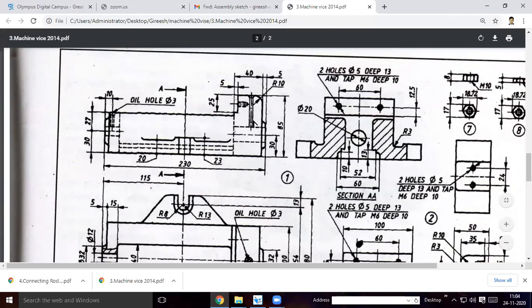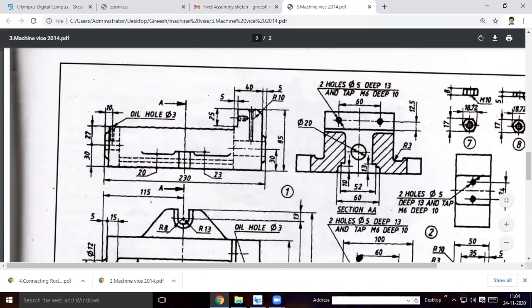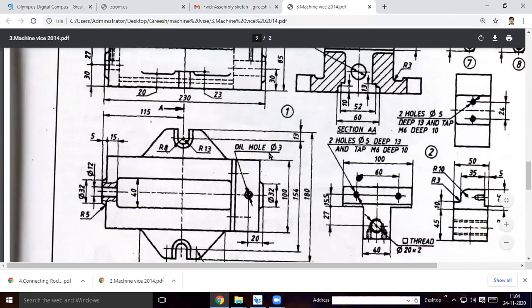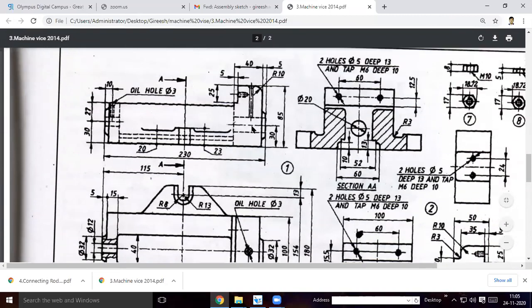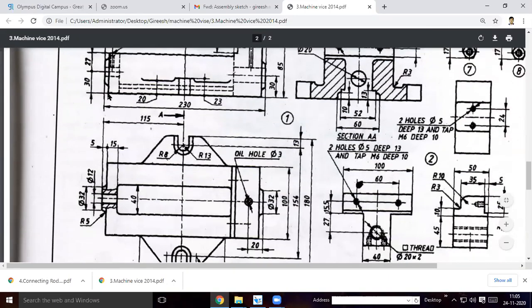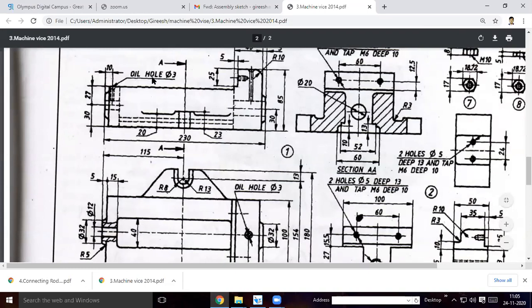Okay, this is a countersink hole. Simply the countersink is given. We call it an oil hole of 3 mm, so 3 mm is the diameter. Here also you have an oil hole. This is also a 3 mm oil hole.